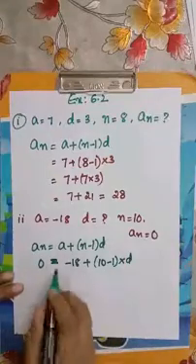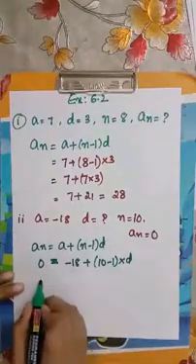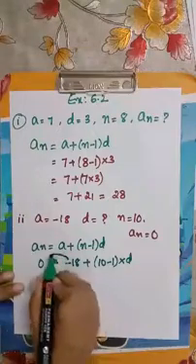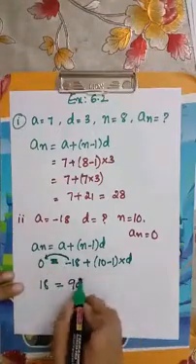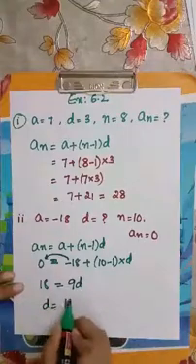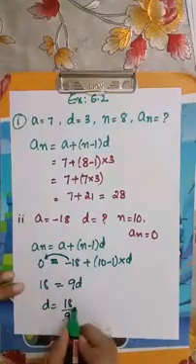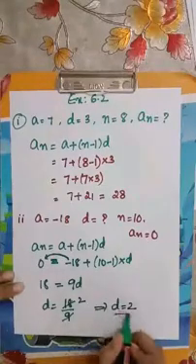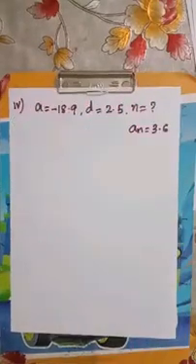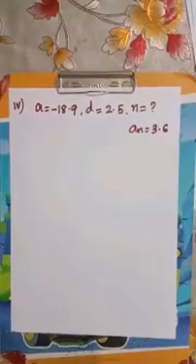प्लस minus 18 यहाँ पर आते क्या हो जाता माँ? plus 18. minus 18 is equal to किधर आते क्या हो गया? plus 18 is equal to 10 minus 1 is 9D. So D is equal to 18 by 9. 9 1s are 9, 9 2s are 18. That means D is equal to 2. Now move to the next bit. The next one.